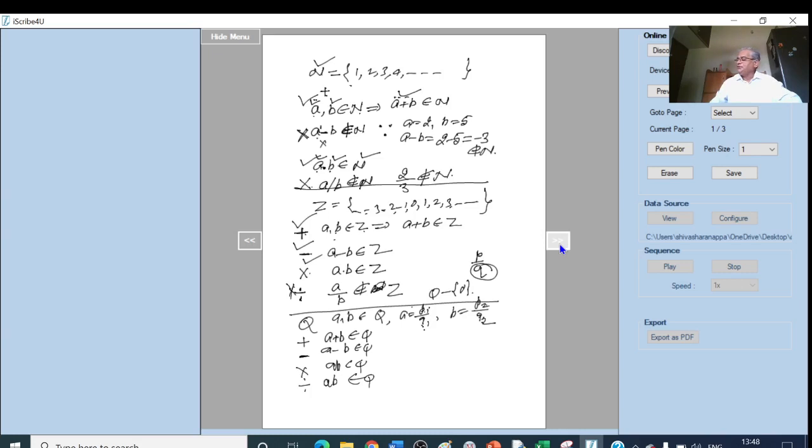Again this is an integer, this is an integer, so neither P2 nor Q2 is 0 here. Then if I consider A by B, this definitely belongs to Q. A by B, if I consider, is of the form P1 by Q1 divided by P2 by Q2, or into Q2 by P2. Again this belongs to Q here. This is in the form of P by Q. So therefore here all of them are binary operations.